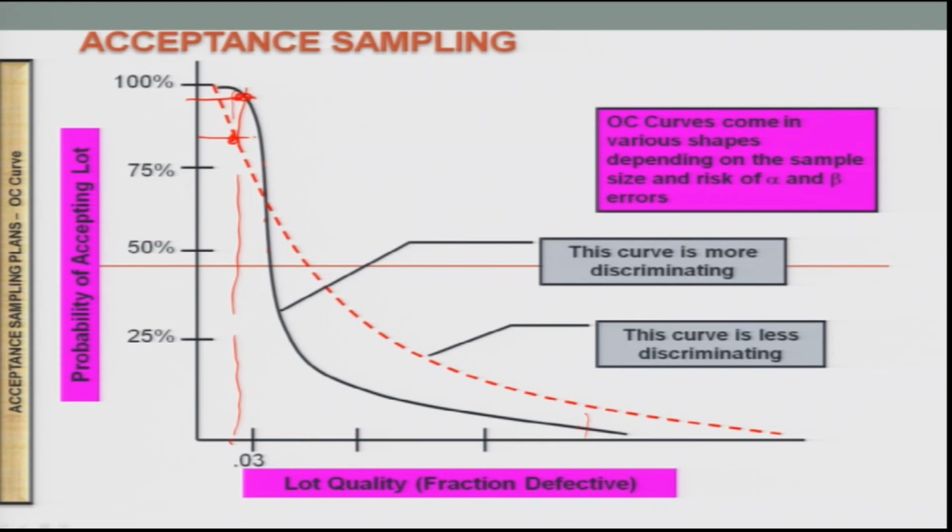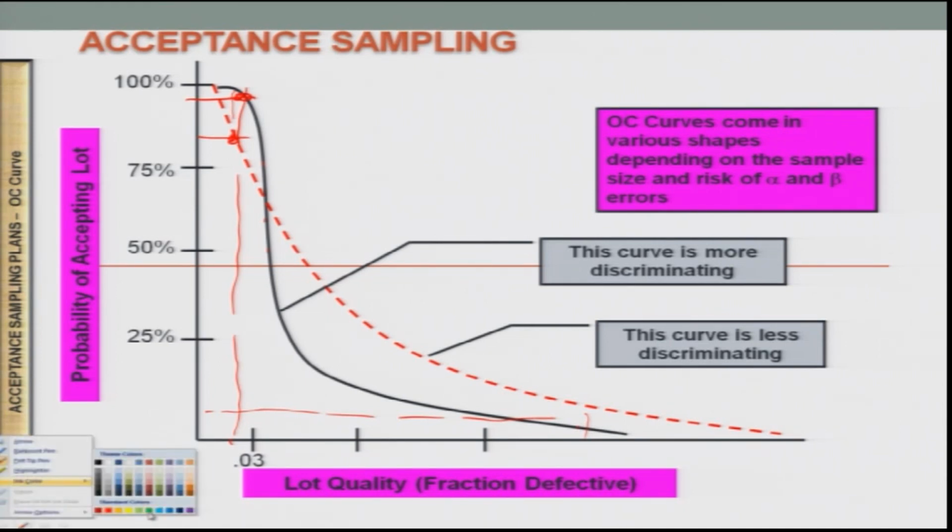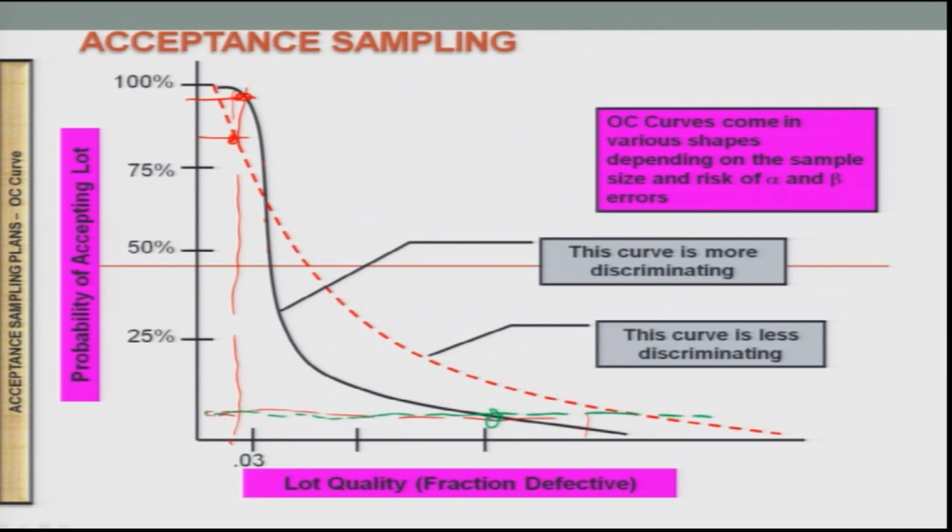The black one, which is more discriminating, is basically being cut by the vertical line at a certain point where the probability of accepting that lot is totally different from the case where the vertical line intersects the red line. Similarly, when you go to the right hand side and try to find the values of defects based on the value of beta, the intersection of the horizontal red line, which I have now drawn, let me change the color, it will be much better for us to discriminate. So where they intersect, the black one and the red one, the level of lot quality fraction defective